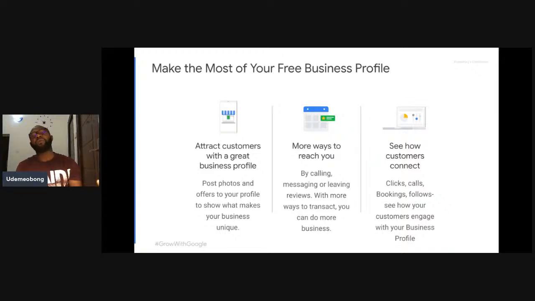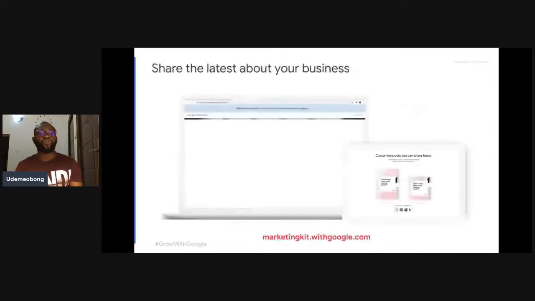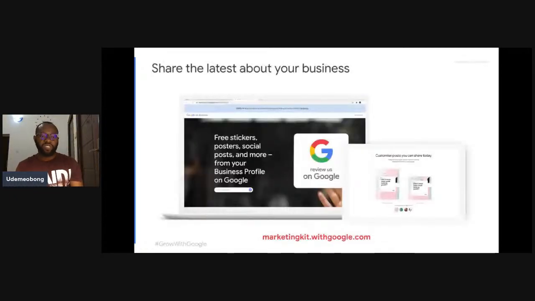And you also see how customers connect with you, because the analytics part will show you the clicks, the calls, the bookings, all the follows, and then you see how customers are engaging with your profile, all happening on this Google Business Profile page, right? And then you also have some little beautiful features to share the latest about your business. So if you head over to